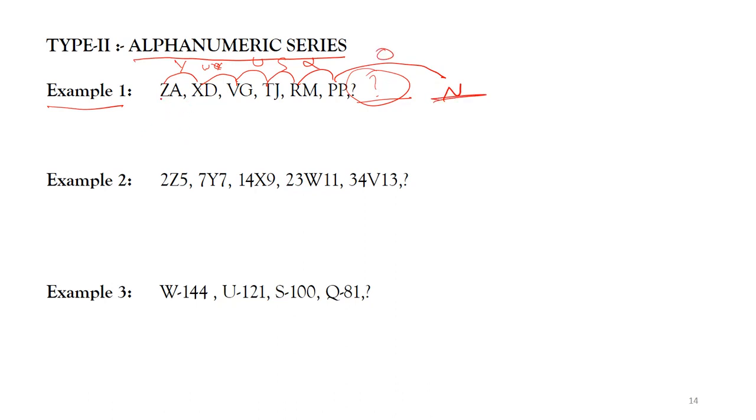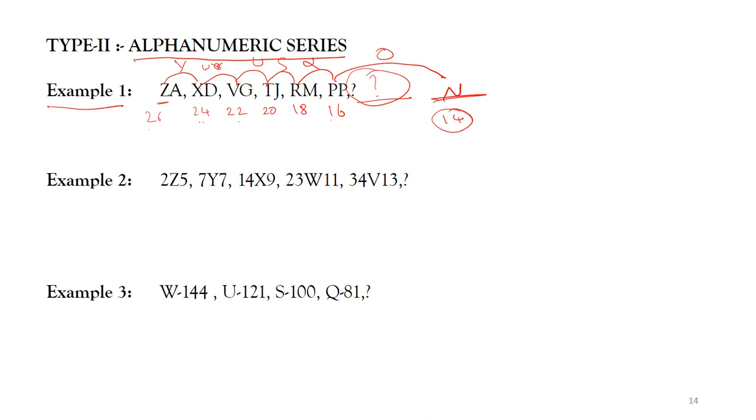So what I have done is I could see the series, the first term of the series is going backward with one letter gap. Or you can do minus 2. So Z is 26, X is 24. So minus 2, minus 2, minus 2 if you do. V will be 22, T will be 20, this is 18, next is 16. So 26 minus 2, 24, 24 minus 2 is 22, 22 minus 2 is 20, 20 minus 2 is 18, 18 minus 2 is 16. So obviously I should get 16 minus 2, that is 14.